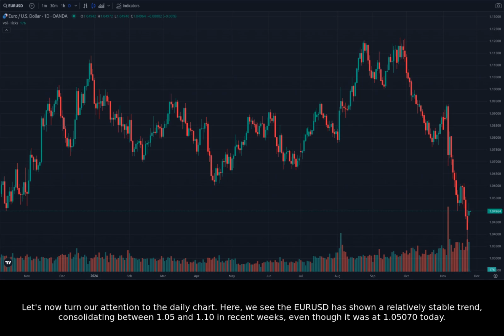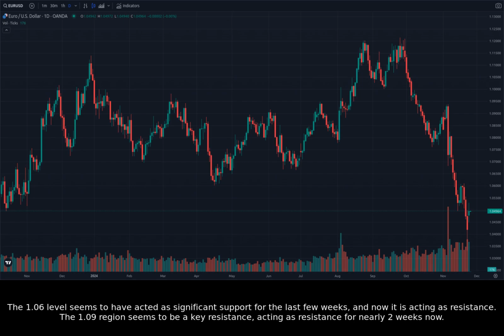Let's now turn our attention to the daily chart. Here, we see the EURUSD has shown a relatively stable trend, consolidating between 1.05 and 1.10 in recent weeks, even though it was at 1.05070 today. The 1.06 level seems to have acted as significant support for the last few weeks, and now it